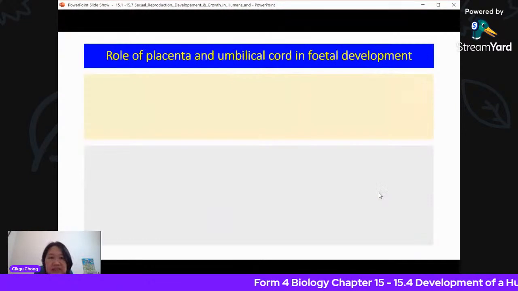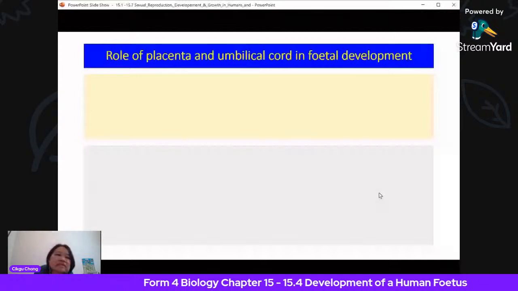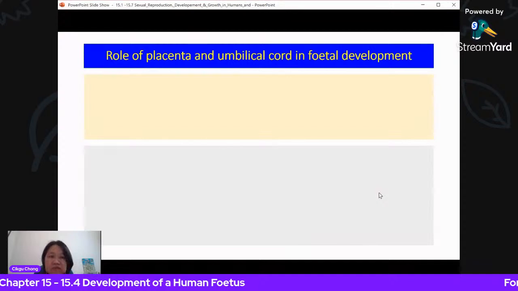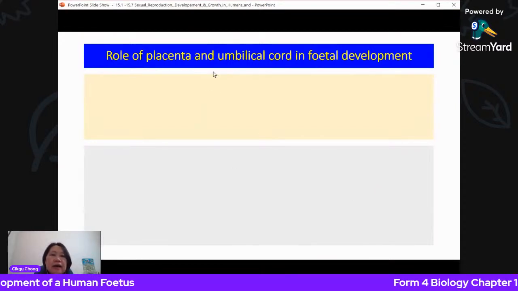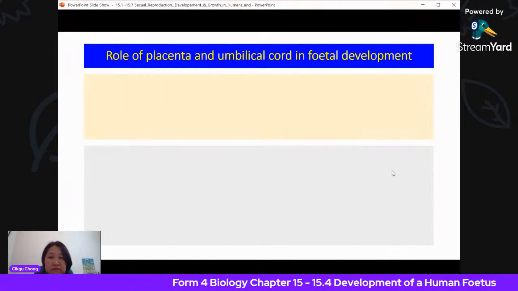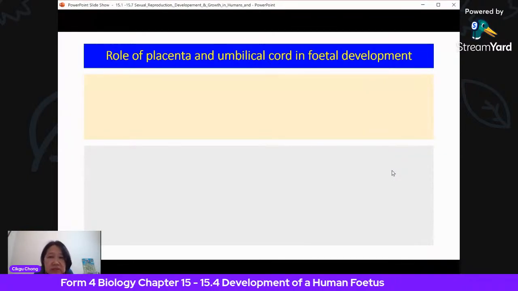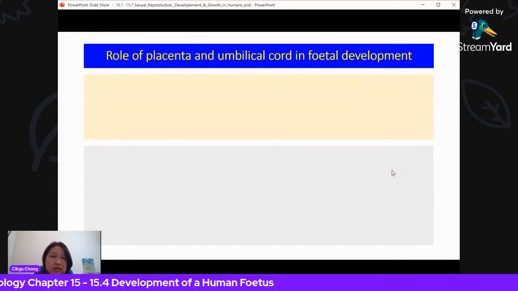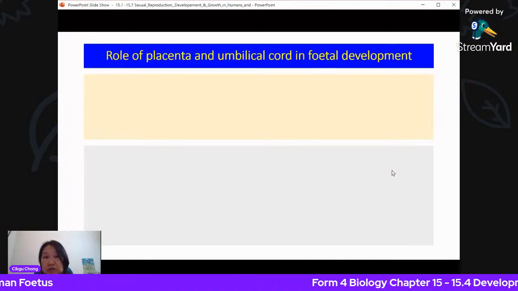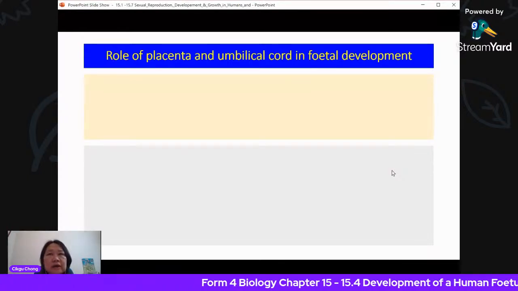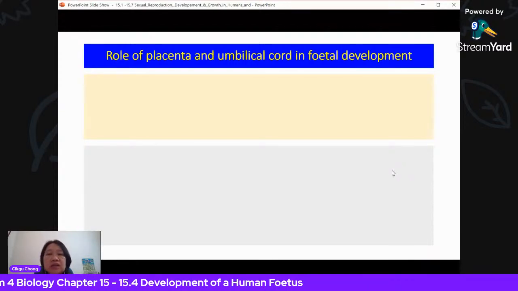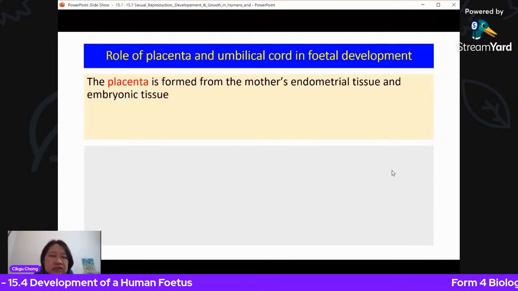Pregnancy test kit. Okay, let's look at the role of the placenta during pregnancy, the 9 months or 36 to 40 weeks of pregnancy. The placenta and umbilical cord play a very important role in maintaining the health of the fetus. Fetal development means the development of the fetus to make sure that the baby is healthy and is going to be delivered, and not premature. If the baby does not form until full term, you call it a premature baby. That means the organs are not fully formed.